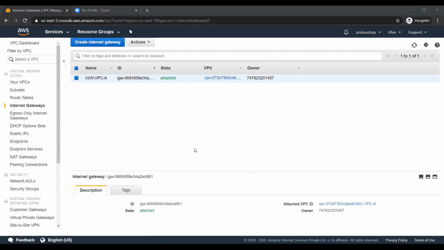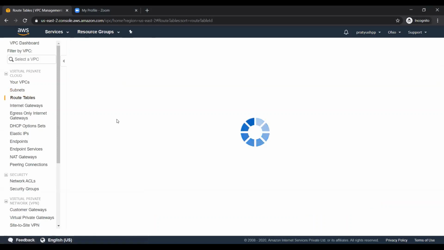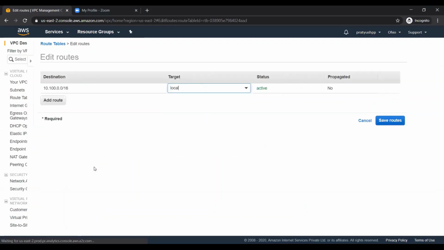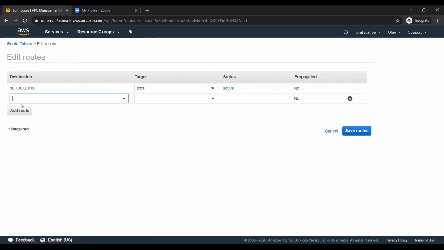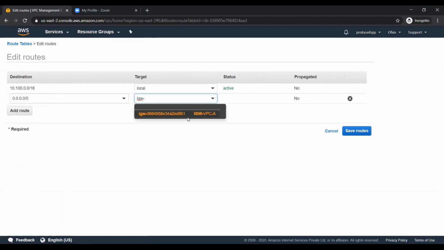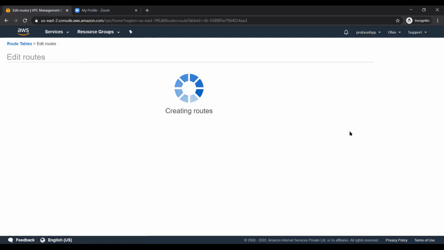Now there is one thing which I have missed, which is to add a route, 0.0.0.0/0, to the internet gateway, which we have just launched.